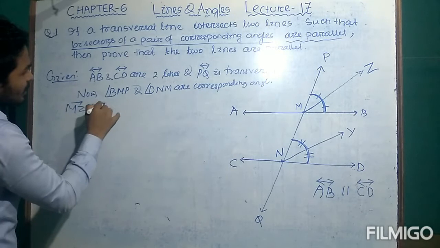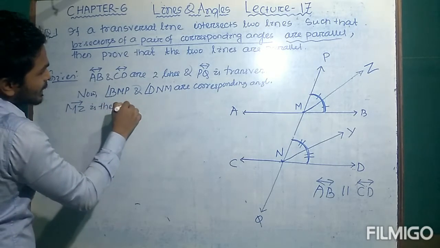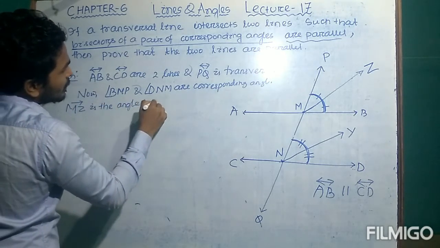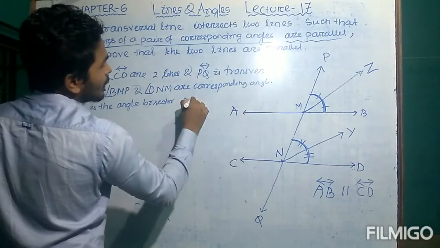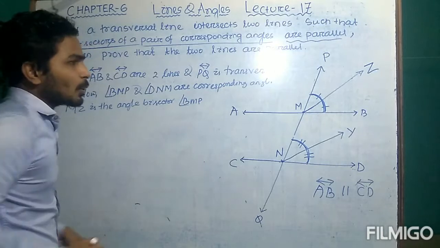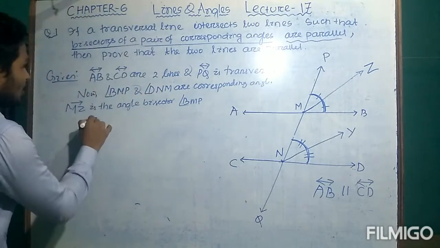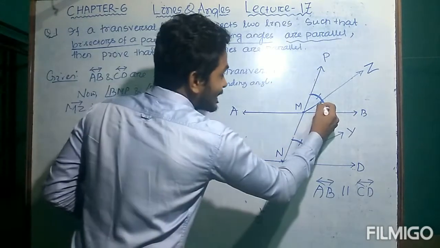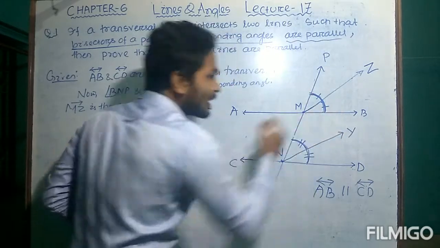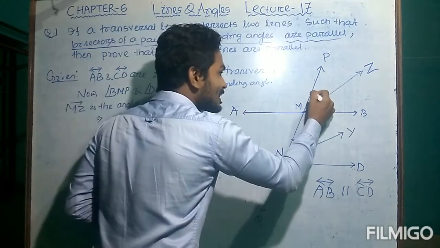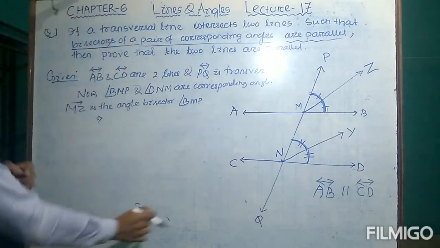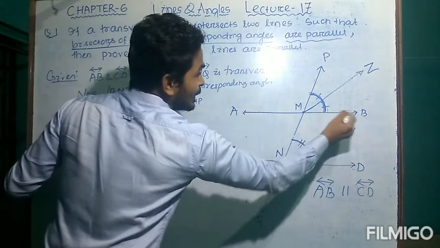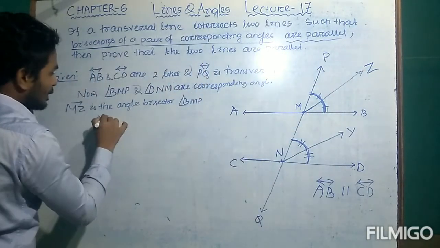MZ is the angle bisector of which angle? Of angle BMP. Yes. Then you can write that this is equal to half of the total angle, or this is equal to half of the total angle. So you can write BMZ